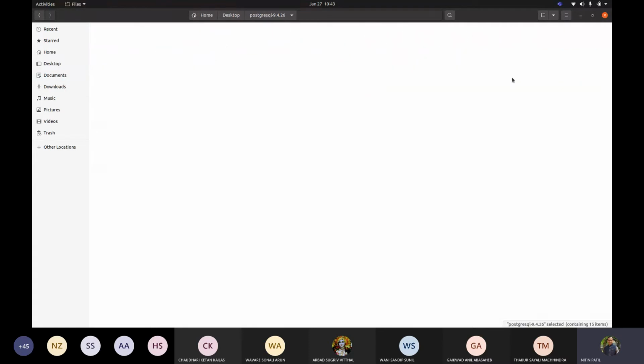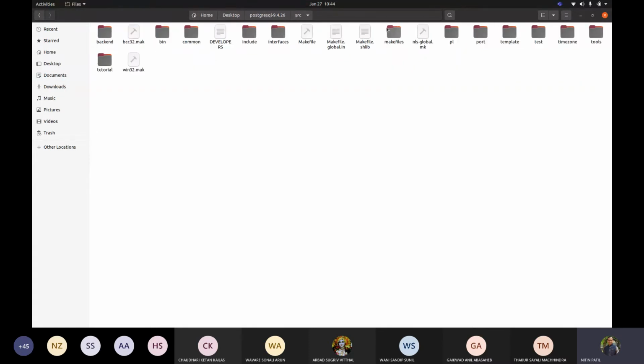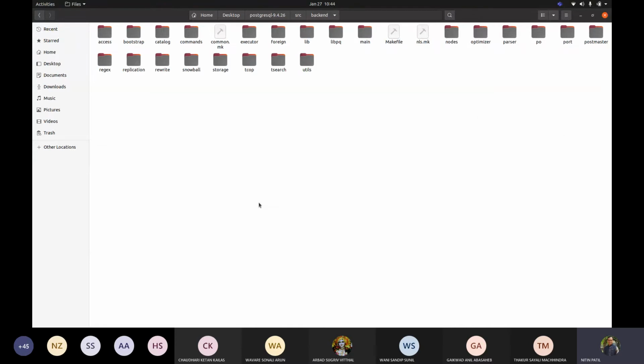Now apart from this, if I have to create a table, we saw a create file, create.c. Let me go to, say for example, backend. There was, can you recall where exactly we saw that create?